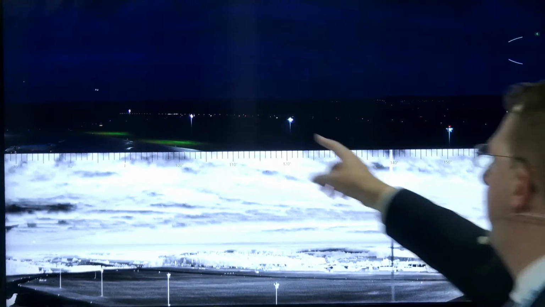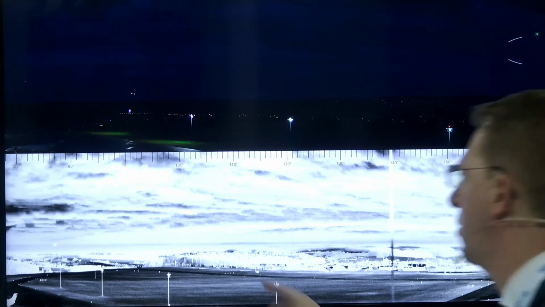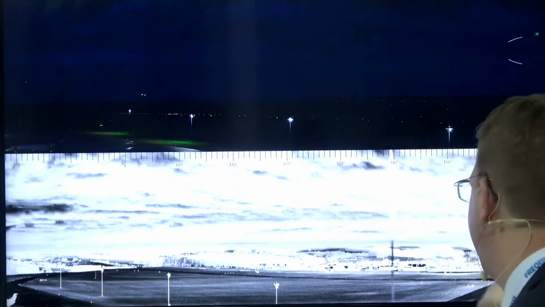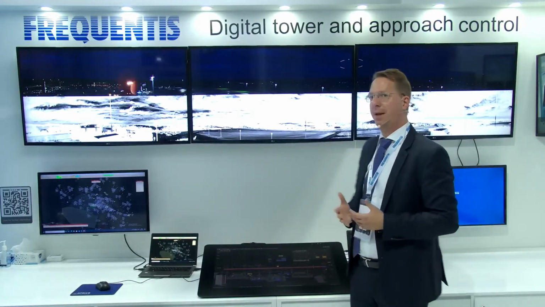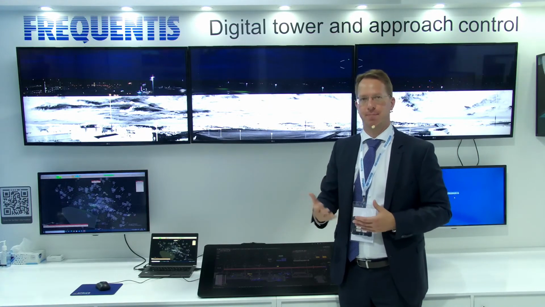But if you consider this grass area, you can't identify if there is an animal or person or vehicle. But with the infrared technology, if you look into this area, then you can clearly see that there is no animal, no vehicle, no person or whatsoever. And so you can identify threats even during night and low visibility conditions with the use of infrared technology.